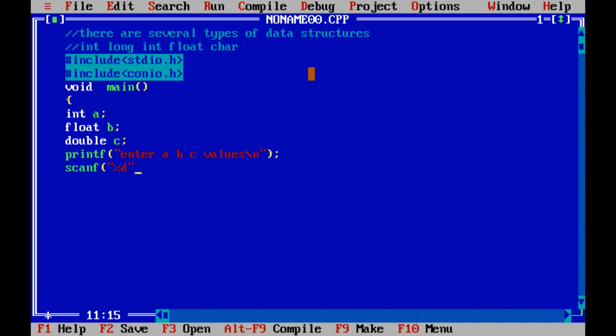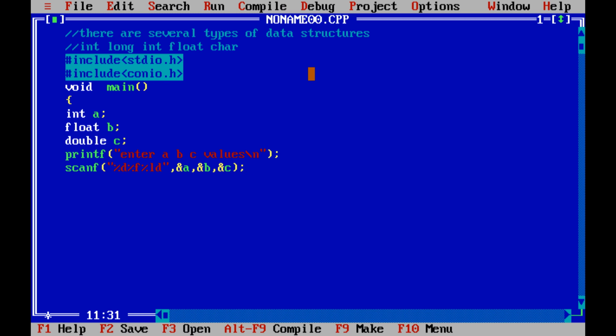For float, you need to use %f, and for double, you need to use %lf. Then we'll write ampersand a, comma, ampersand b. Ampersand is used to specify the address of the variables. Ampersand c.